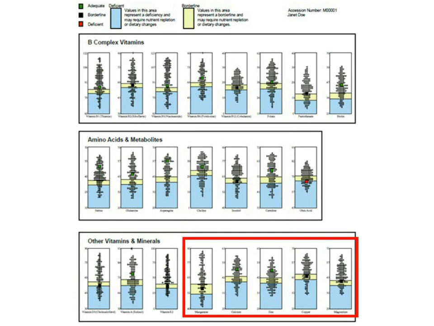And as you can see here, in this particular report, that first analyte in the rectangle to the far right is manganese, and this particular patient's manganese is in